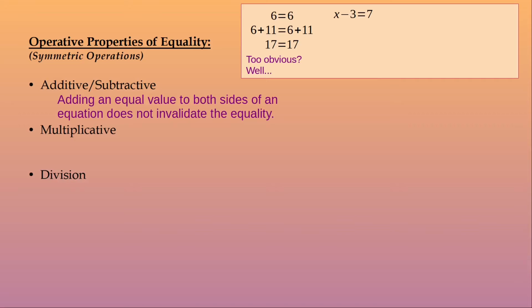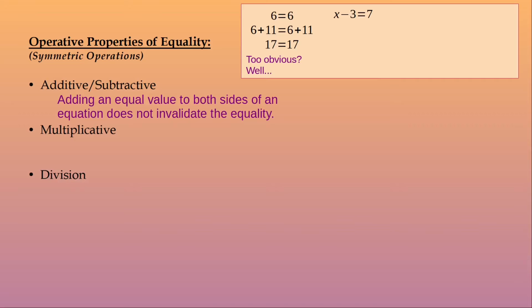Well, if we want to undo subtraction, we have to use the inverse operation of subtraction. Well, that would be addition, right? So I can add 3, and that will undo subtracting 3. But if I only add 3 to the left side, then the left side will be 3 bigger than the right side. So to make sure that it stays balanced, so to speak, I have to add 3 to the